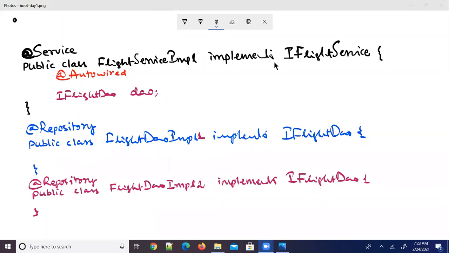See, this @Autowired annotation is added so that Spring has to inject an object to this reference variable of type IFlightDao. But in the Spring container, there are two objects of type IFlightDao. One belongs to FlightDaoImpl1 and the other belongs to FlightDaoImpl2. Both are of type IFlightDao because both are implementation classes of the same interface.